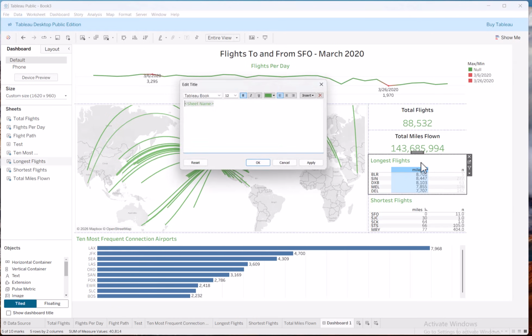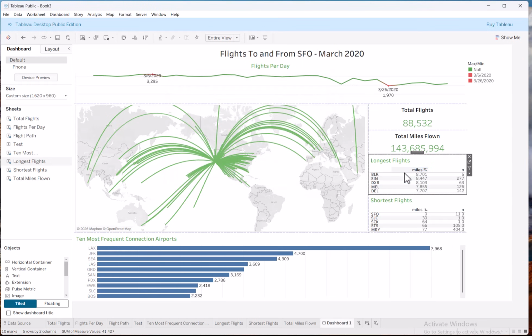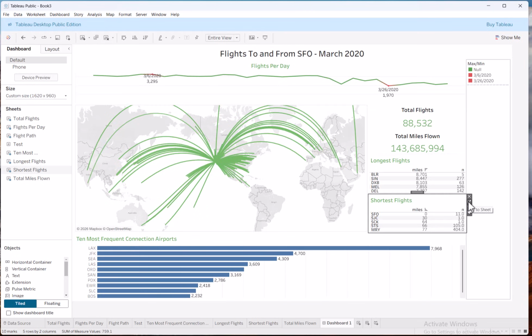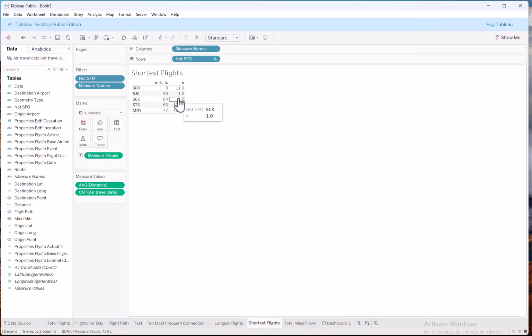It's cleaner. I like it. Again, I have that selected. Click on it. There we go. Highlighting goes away. Okay, on the shortest flights, all the miles in the N updated, except look at my number formatting here. Let me go out to the sheet. And on the count,